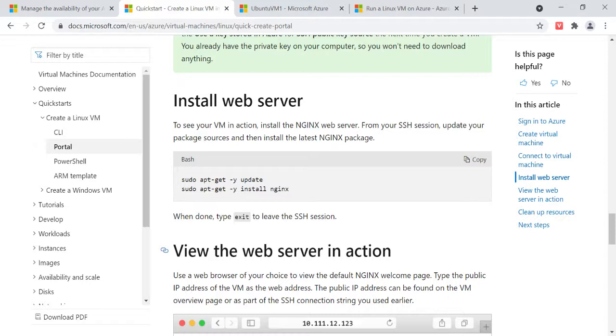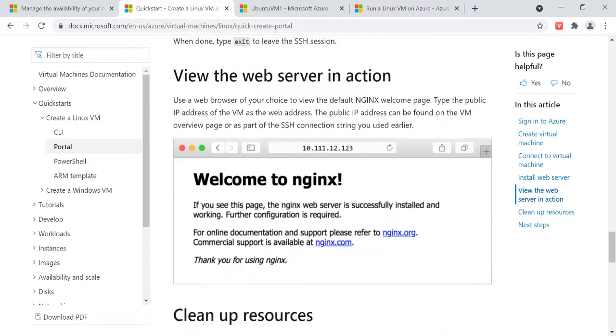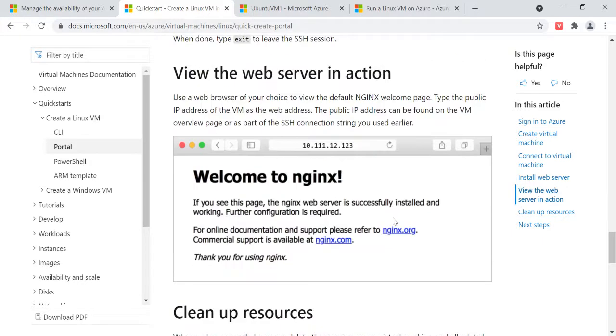Then you have to install this. Coming to Windows, we have seen installing the IIS server, but in Linux we don't have IIS servers; they are not available. So Nginx is the server which we use for Linux. Install Nginx, and you will get the Nginx view like this, whereas the IIS server is different from that.